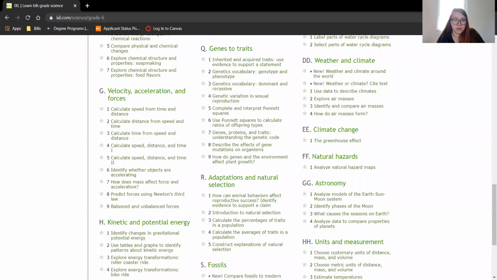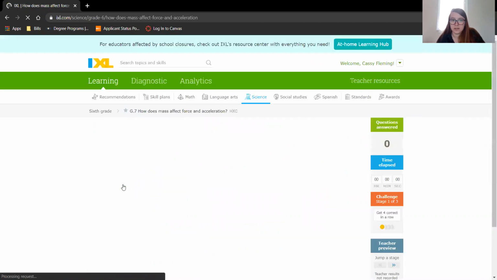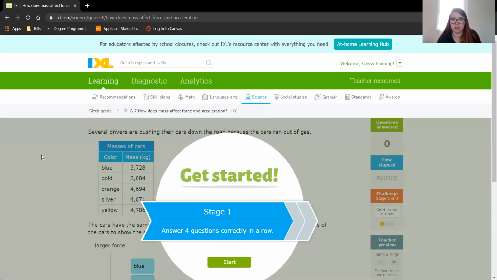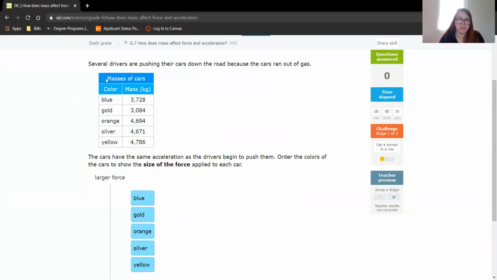Today I am going to do either 7 or 8. Let's do 7. It says, how does mass affect force and acceleration? So how does mass, which is like the weight of something, affect how much force it has and how fast it can move, essentially? All right, several drivers are pushing their cars down the road because the cars ran out